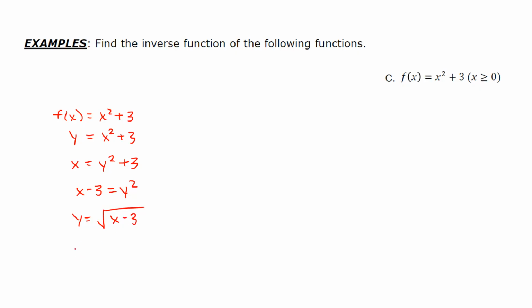And we will replace y with the inverse of f of x. And that is our inverse function. Okay. Now with all of these, a, b, and c, you would verify them by